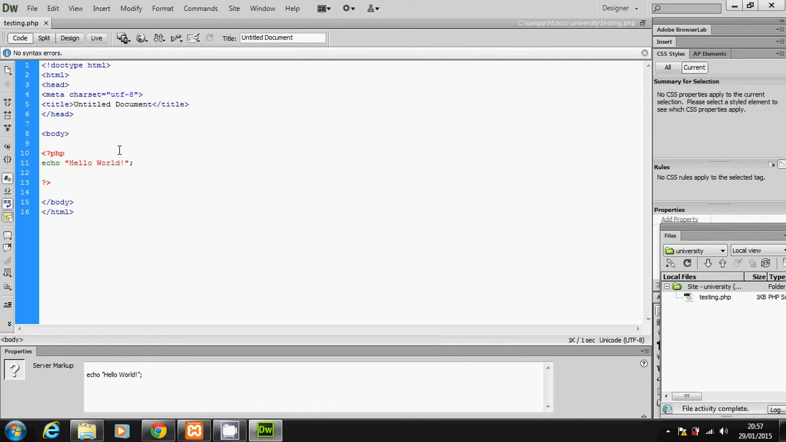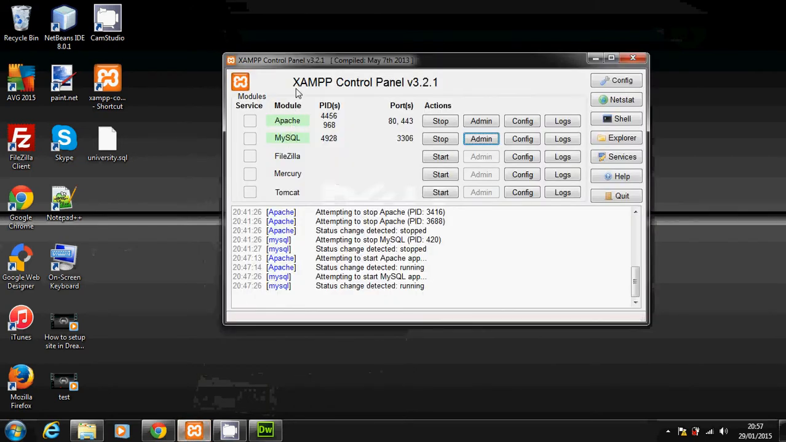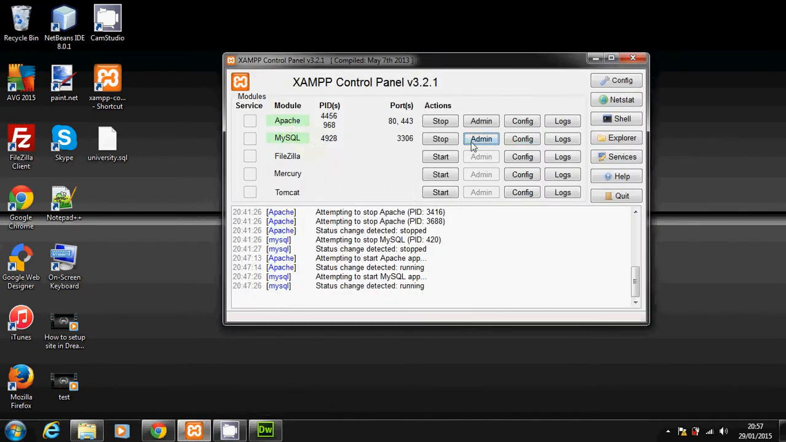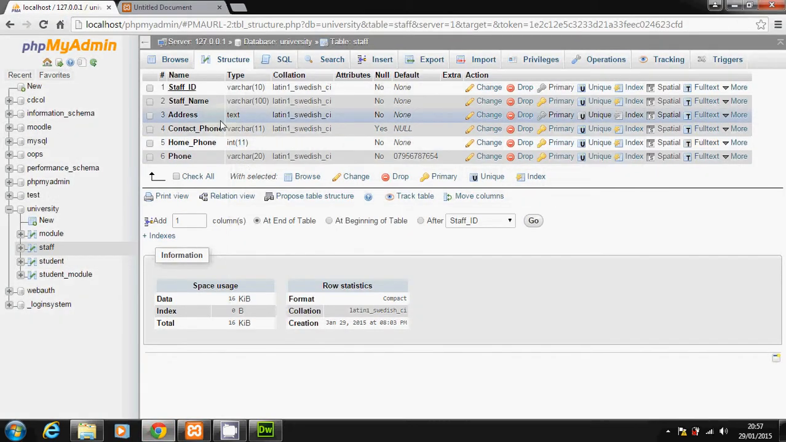Just to recap, before you set up the environment within Dreamweaver to run the PHP script, since PHP is a dynamic script, we have to first run the Apache and MySQL, and then we have to set up our database. If your database is already set up,